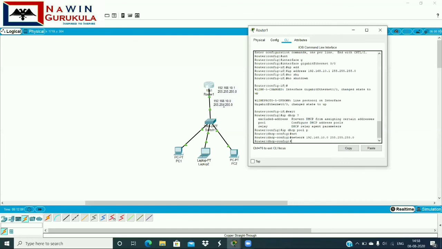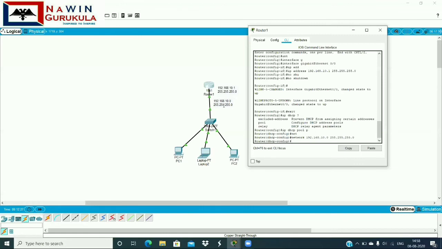We have to give the default gateway address. Why do we have to give the default router IP? It is to know from where the host should communicate with the external LAN environment. If you don't assign a default router IP, it can still communicate within the LAN but not outside the LAN.